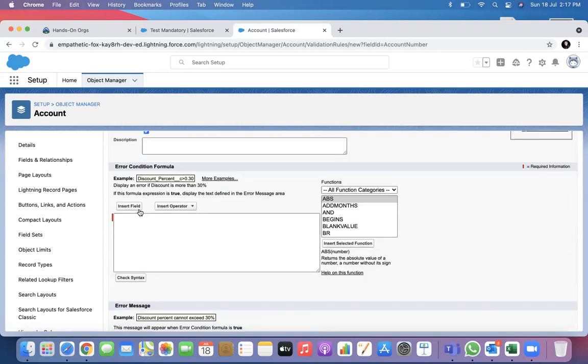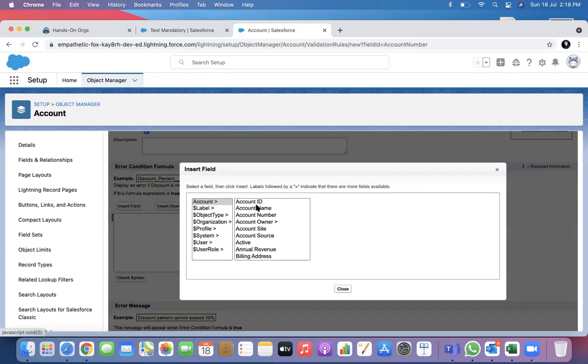What would be my logic? My logic will be the condition which I want to block. Which condition do I want to block? I want to block when this field is blank, isn't it?